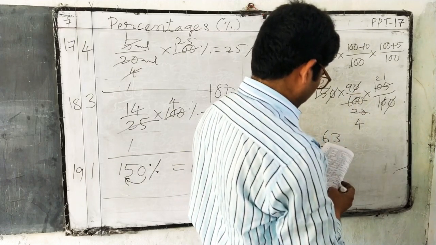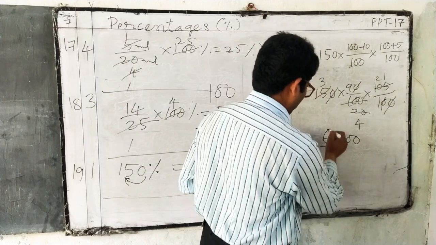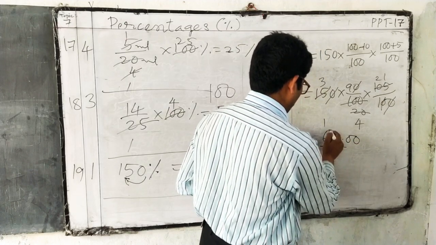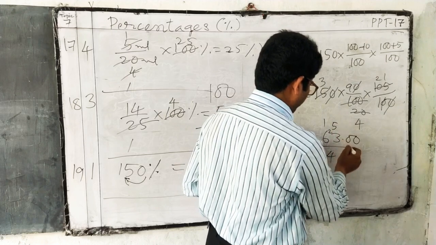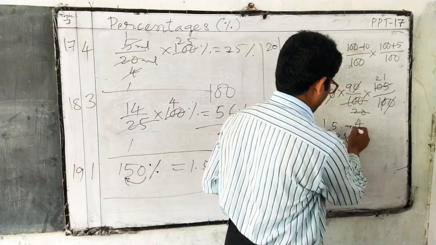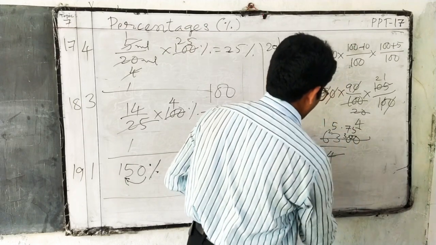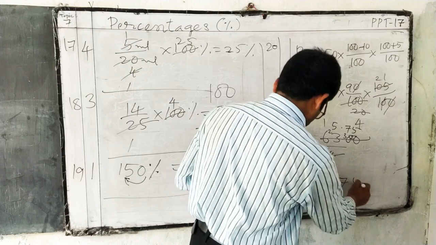So here is in decimal. 4 1s are 4, 5s are 20, 15.75 is the